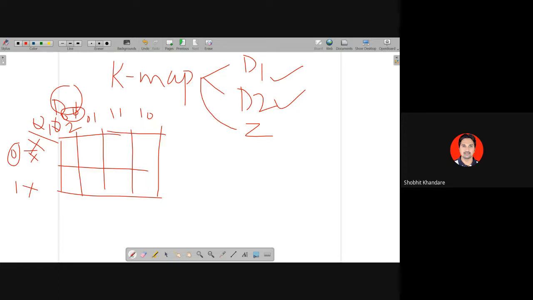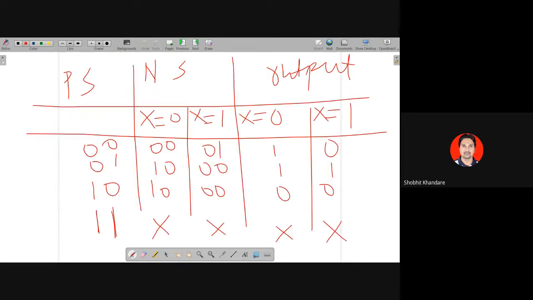what should be written in this column? First column. What should be written in this column? Sir, the next state one where x equals 0, that column. Wait a minute, in the next state, yes, tell me here. This second column. Second column, wait a minute. No sir, the one before this. This one. Yes sir. Very good. This is the column which we have to use.